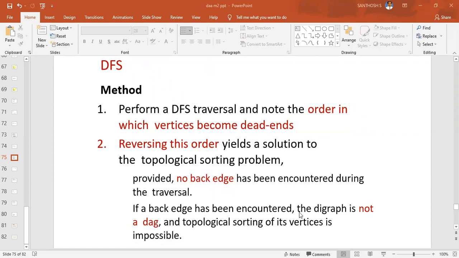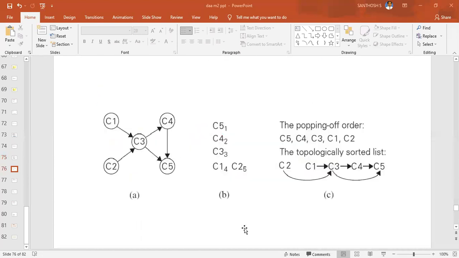There should not be any back edge, from B to A or C to B, for example. If a back edge is there, the digraph is cyclic, so it is not a DAG and topological sorting is impossible.